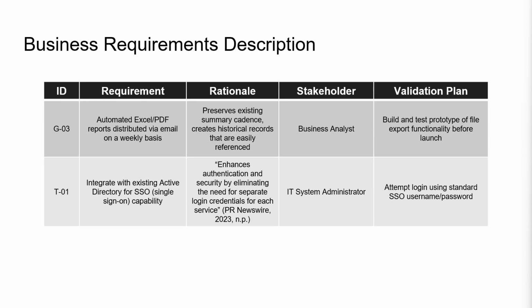The next requirement, G03, states that the dashboard must automatically distribute weekly reports in Excel and PDF format. This will preserve the current summary cadence in addition to providing the real-time data, and creates historical records that can be easily referenced by all employees. This requirement was a need identified by the business analyst. In order to validate that this requirement is complete, the project team can build a prototype of the file export